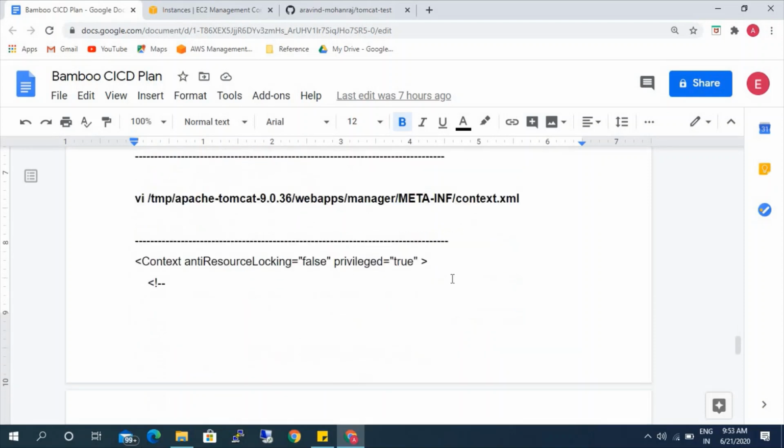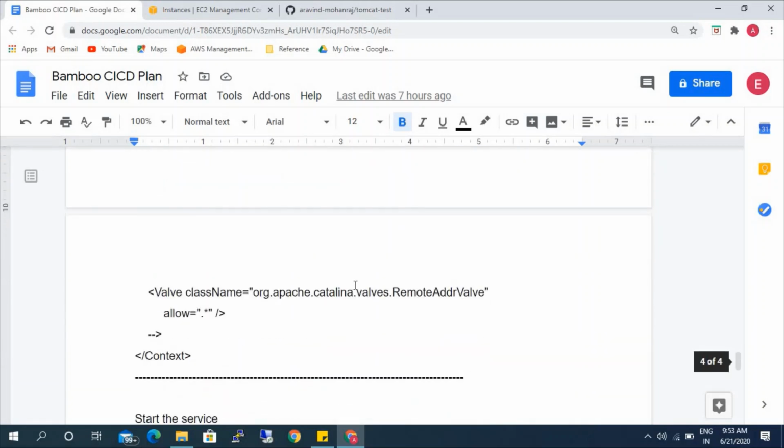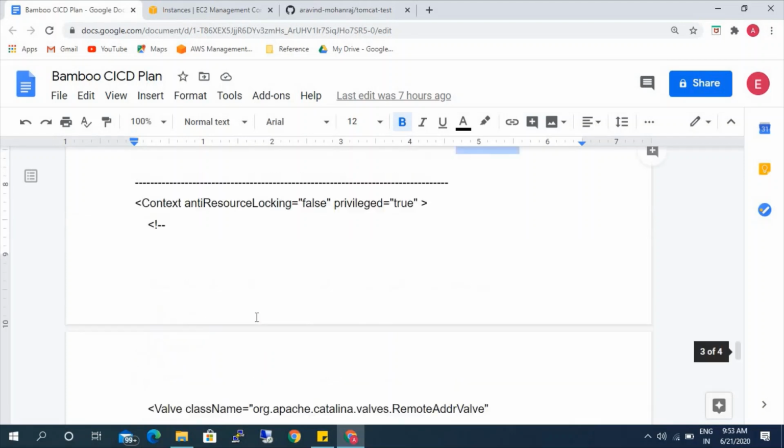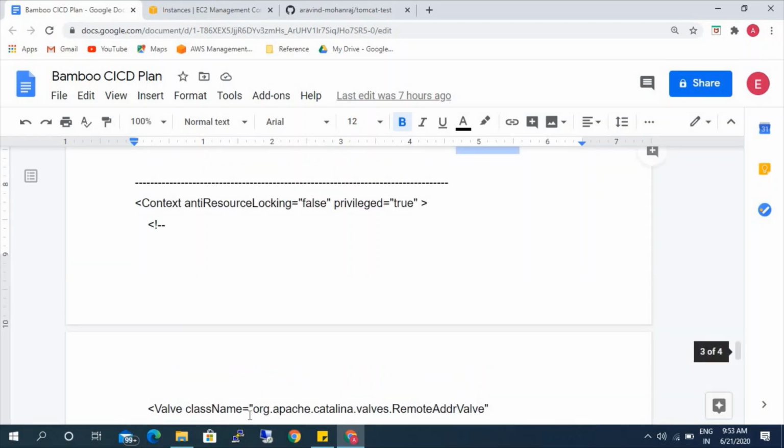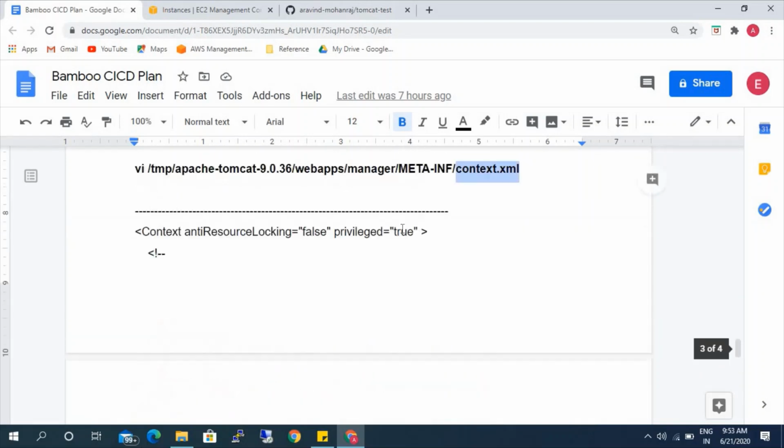After that, we need to edit this file as well, the context.xml file. By default, the Tomcat server will not be accessible from outside the server for deployment. For that reason, we need to allow remote access to the Tomcat server. Using this code, we'll be able to do that.